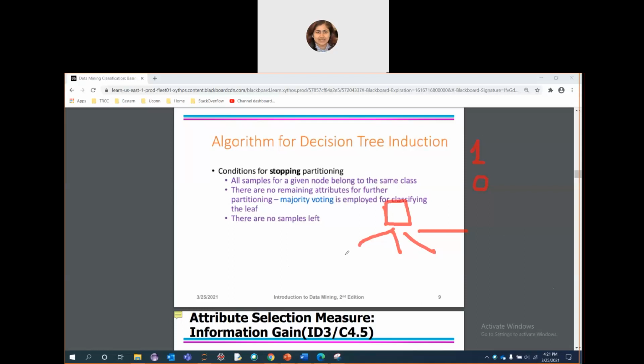So the leaf nodes that you are getting, suppose you got the output like 1, 0, 1, 1. And suppose again further splitting criteria cannot be applied. In that case, you have to apply this majority voting. As the majority is 1, you will classify it as class 1 here. That is your majority voting. And there is also another stopping condition. If no samples are left for more splitting or classification, then that is also a case where you need to stop.